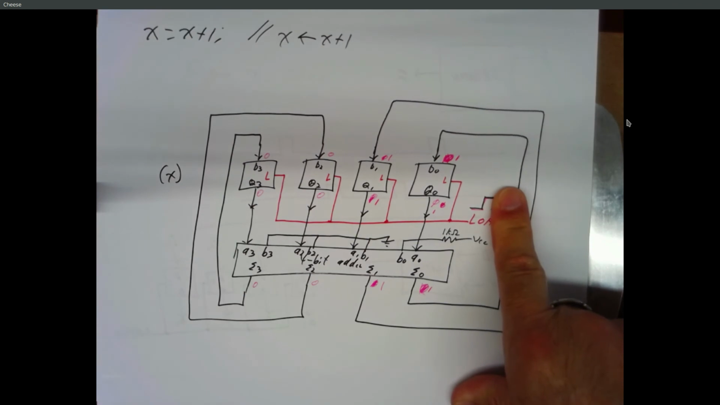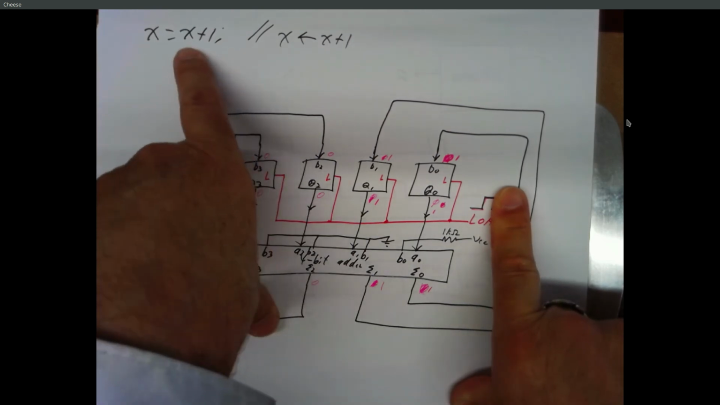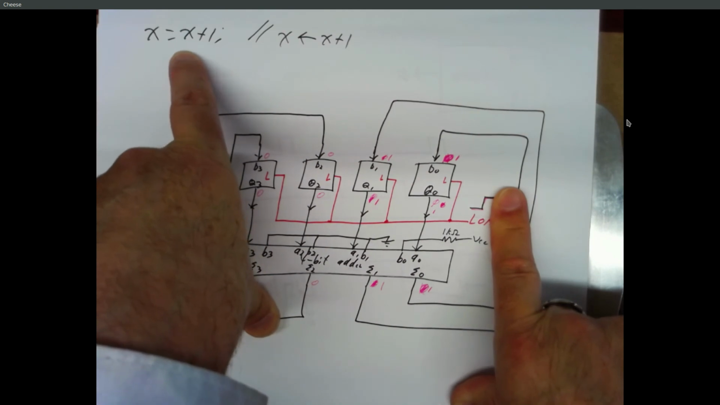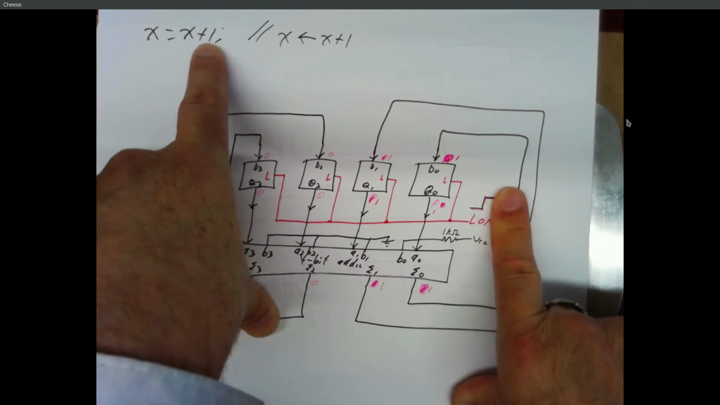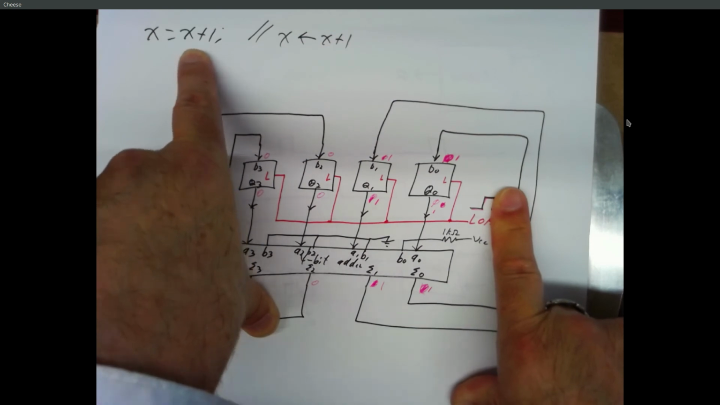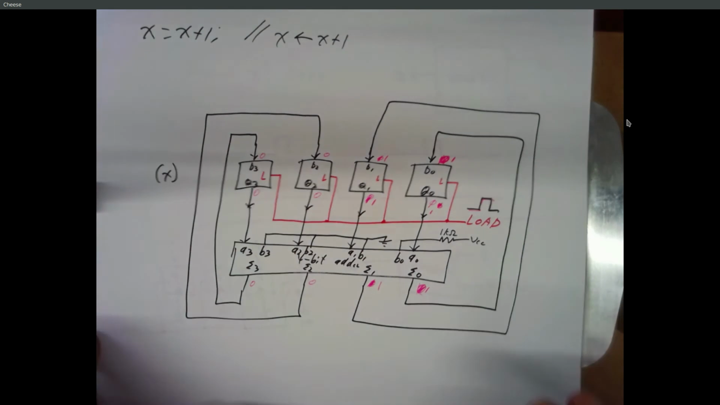So you see the problem here? The problem is, as long as load is high, we're continually doing X equals X plus 1. We're repeating this operation over and over and over again. And this operation doesn't always take the same amount of time. Remember, when you add numbers,